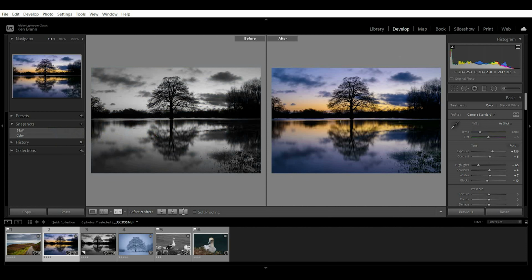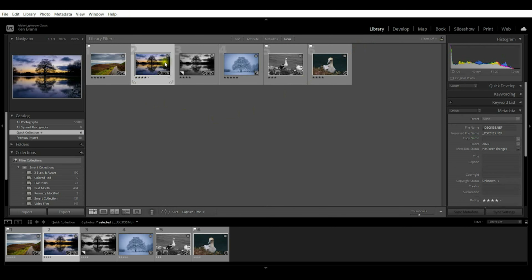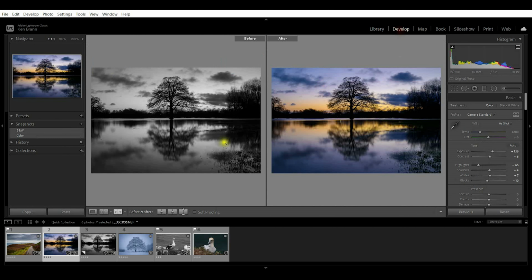And I can move it into the before window. So that's how I can do a comparison, but I can't use it as a reference photo, so I'm limited in that way. And the other thing you're going to notice is if we come back out here to the library, we only see the original image. We don't see any of the snapshots, nor are there any reference to the snapshots out here in this grid view or the survey view. Keep that in mind whenever you're using snapshots.